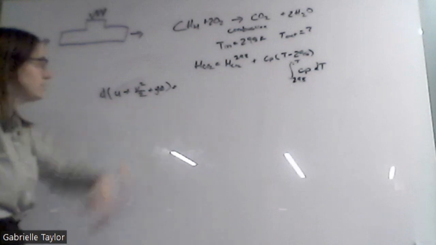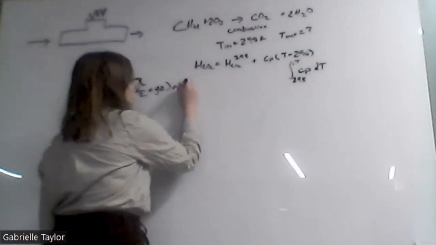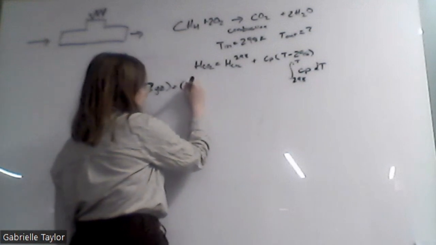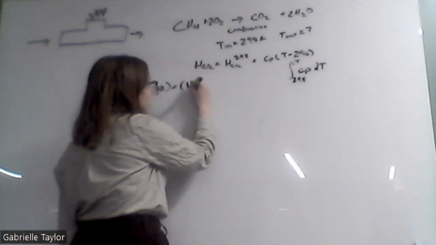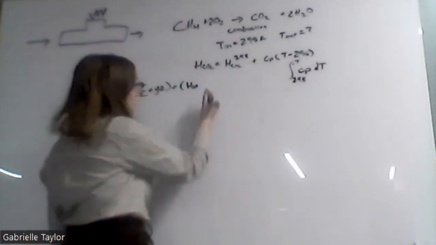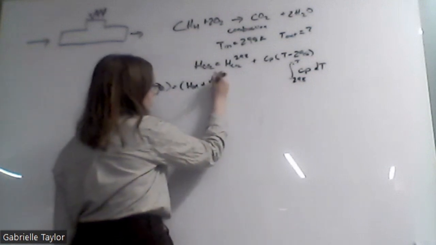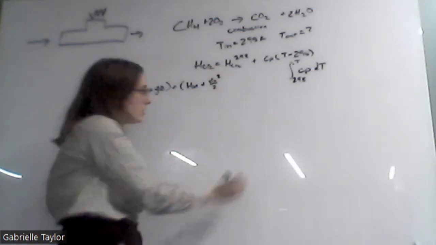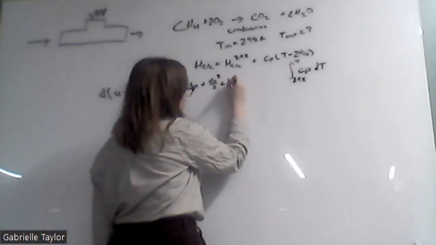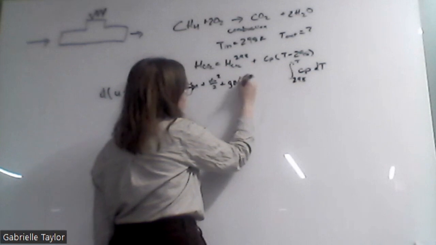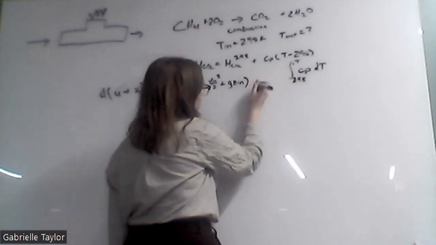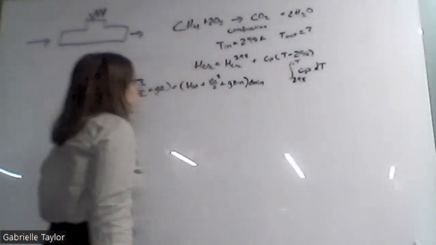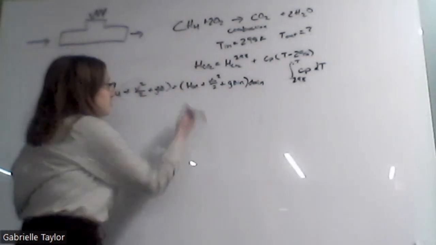And then this is our differential amount of change of our energy coming into the system plus the kinetic energy coming into the system plus potential energy coming in, plus the differential amount of heat coming into the system, times the differential amount of mass coming into the system. And then we are going to subtract